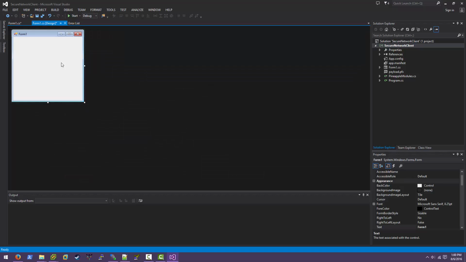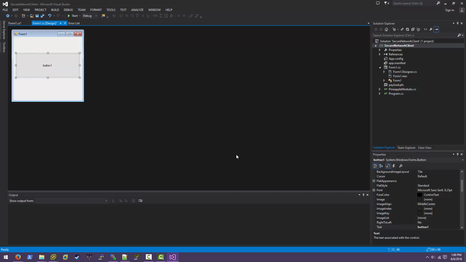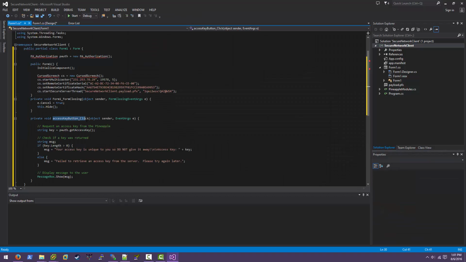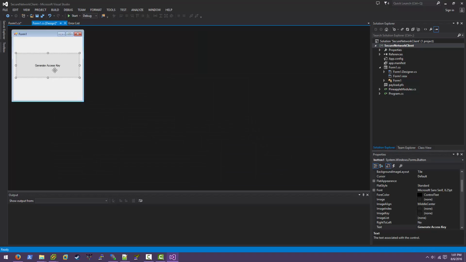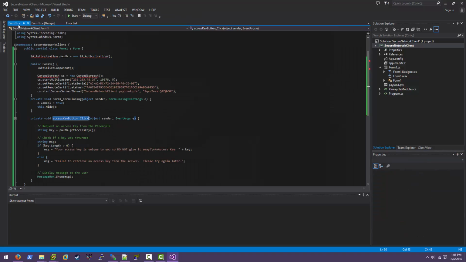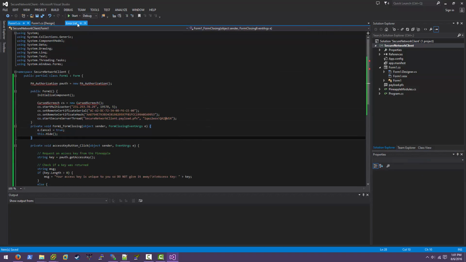And finally, I'm just going to add a button to this interface. I'll make it huge. I'll call it generate key or generate access key. And I'm going to link it to this method, this access key button click. So I'll head over to events, and for click we'll just paste that in, save the form. Okay, now